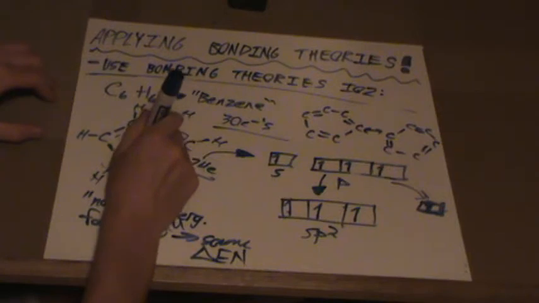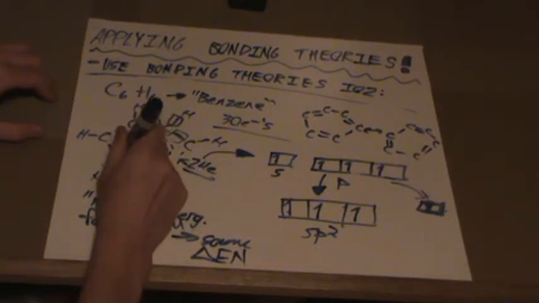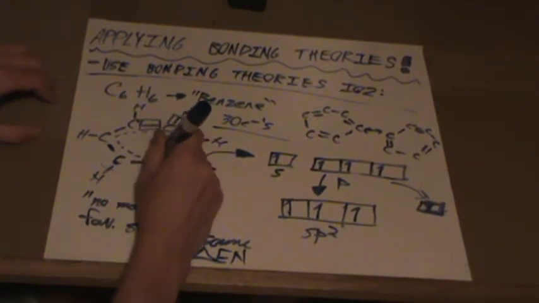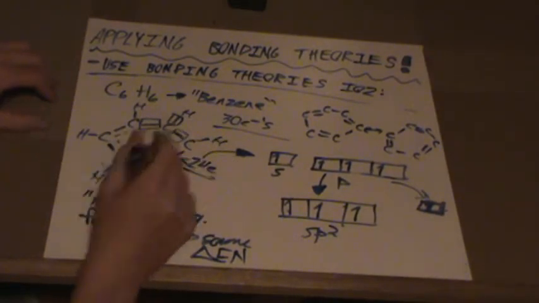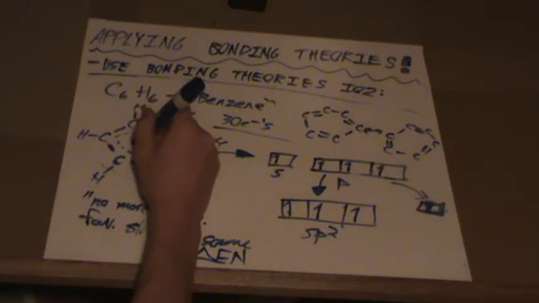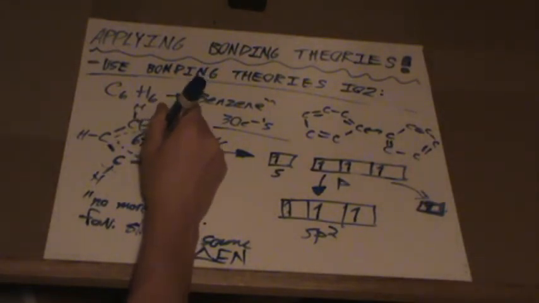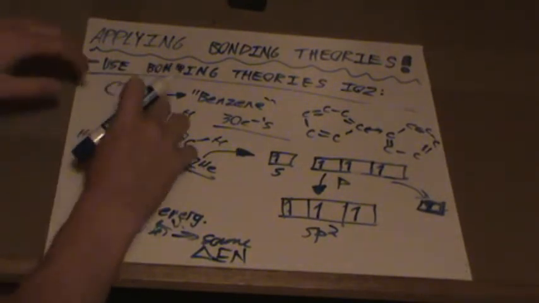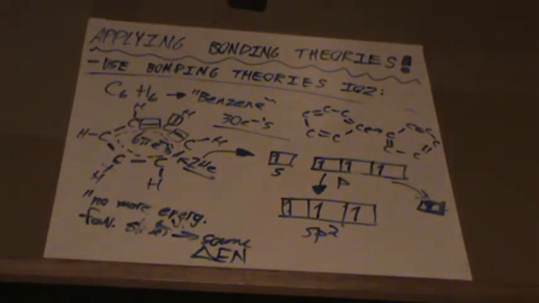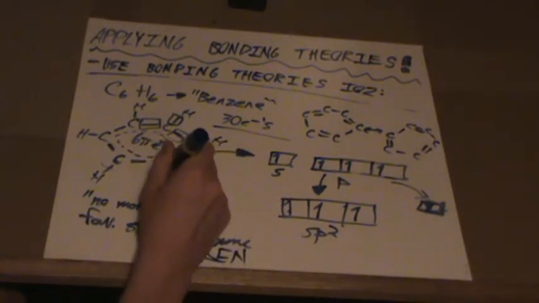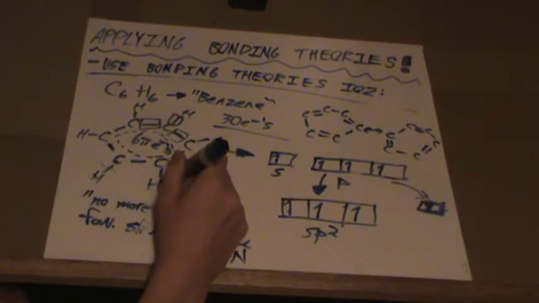And maybe in a later video I will describe some of the evidence, besides simply bonding theories, that led them to question the structure of benzene. But for right now, let's just stick with the idea that there are 6 pi electrons within this cloud of electrons, in this probability cloud of where they could possibly be. And this makes all of these bonds stronger. In fact, all of these carbon bonds are